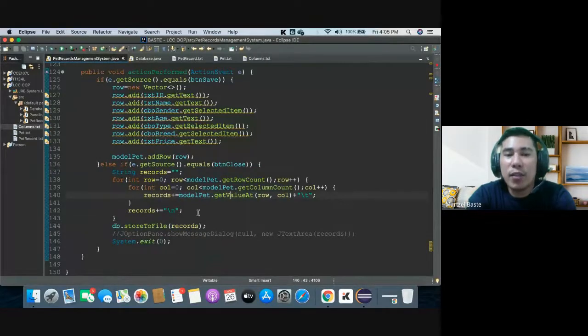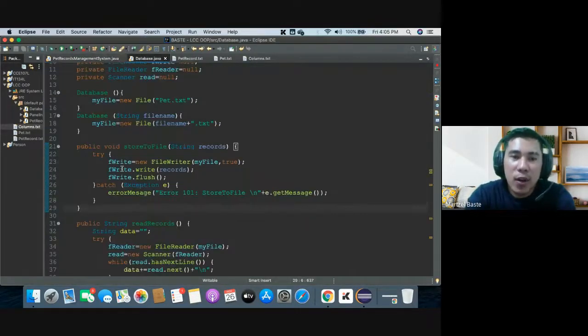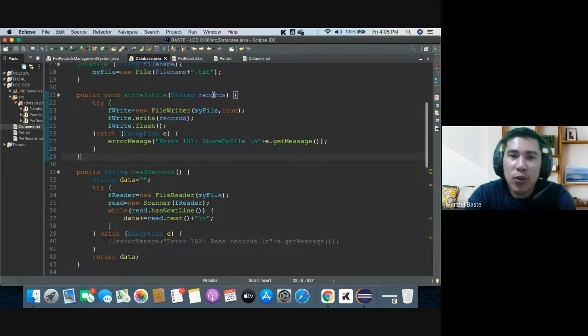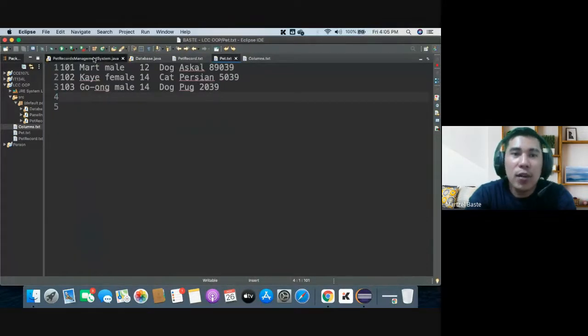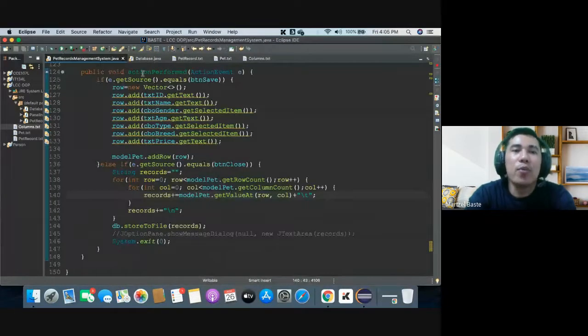You can do this for any UI you set. So again, storeToFile stores the records that it read, which I displayed earlier in the JOptionPane. After that, when we run the program,